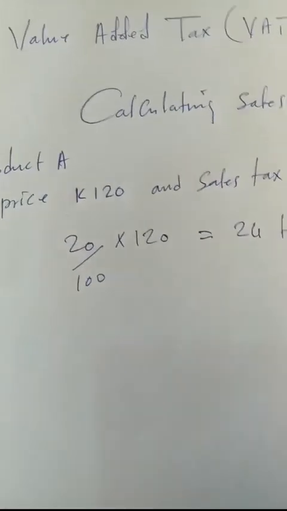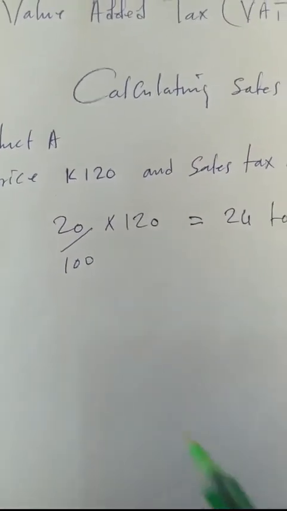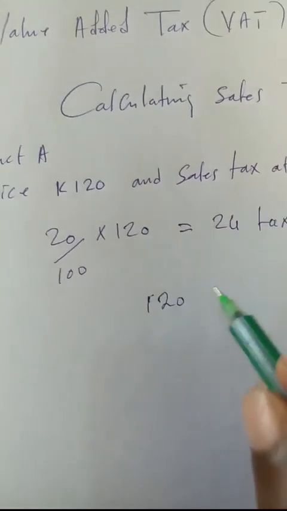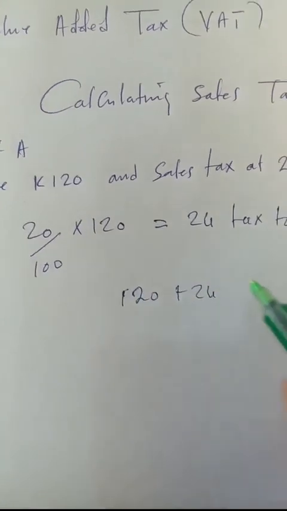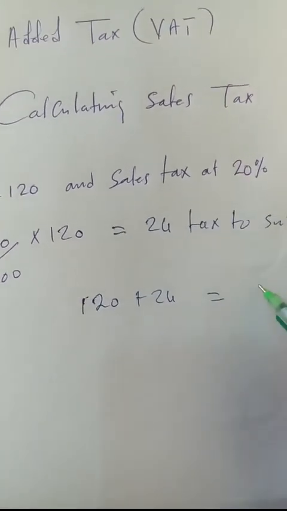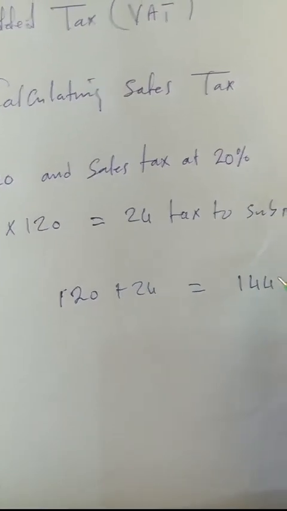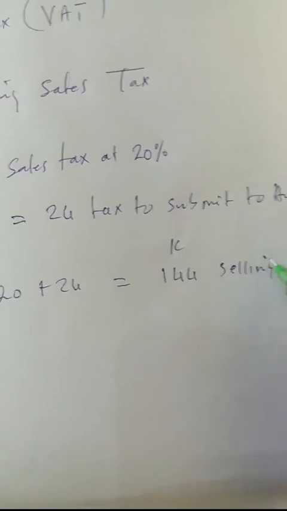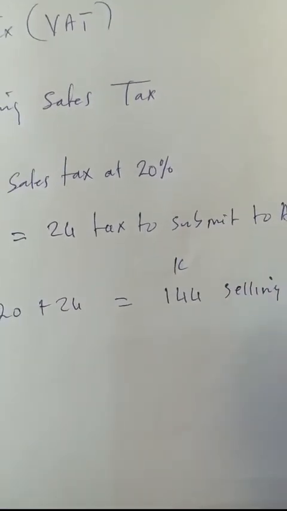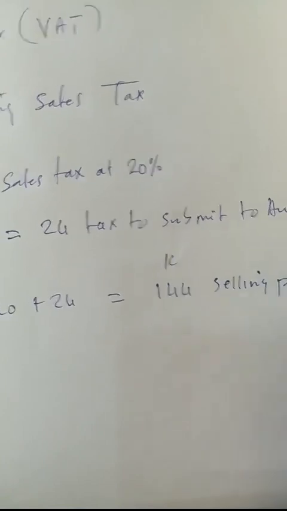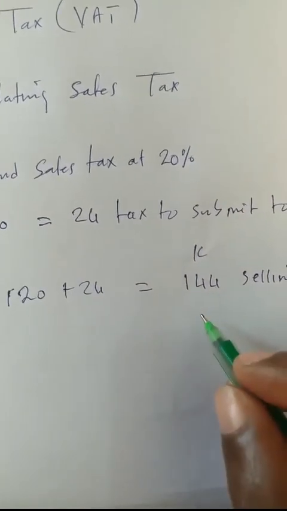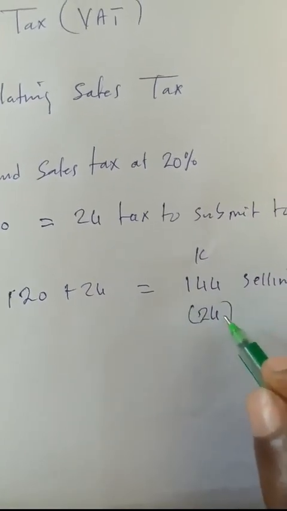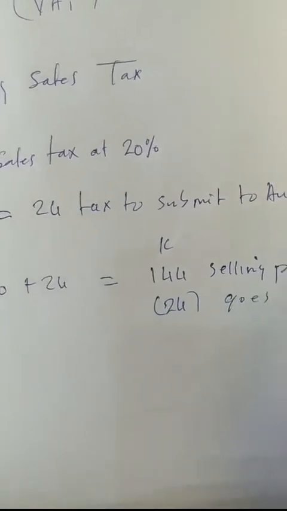So now let's see how much you're going to be selling your product. So you'll be selling, this is 120 plus 24, your tax. So your selling price will be 144. Okay, selling price for your product, for product A, in the case of my question. Okay, 144. So the 24 goes to the tax authority,